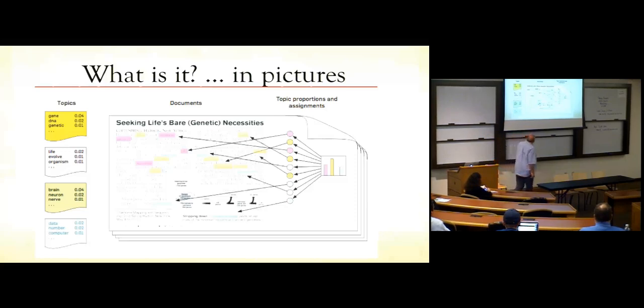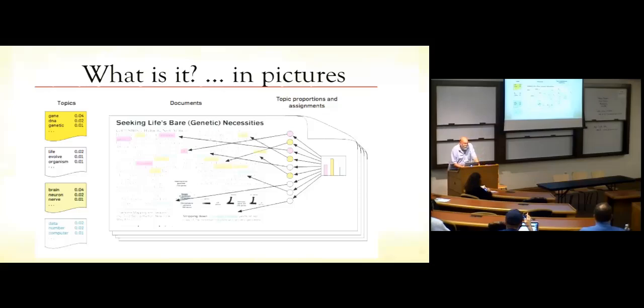So suppose that you're crazy enough to be reading an article on genetics, and that you have with you a pile of colored highlighters. And you decide, okay, as I read this article, I'm going to go through and mark all of the words that are associated with particular topics that I think are in this article, and color them a different color. And when you're done, you count them all and you make up a set of histograms that tell you what words are associated with what topic and so forth and so on. This is essentially what the software does.